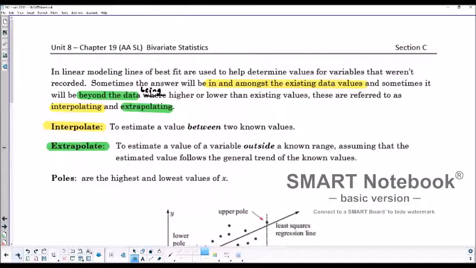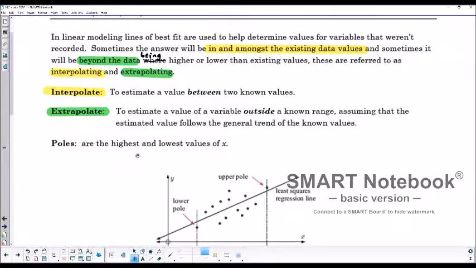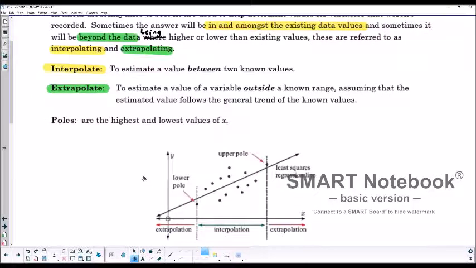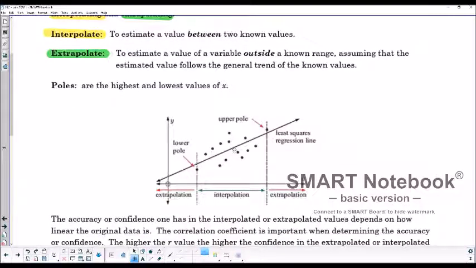All right, so we're going to move along here, and the other thing that we're going to look at is when we have a line of best fit, we want to look at if we're predicting between the two extremes of the x values. So we can draw poles through the lowest x value and the highest x value, and those form the poles. And if we do an estimation in between the two poles, that's called interpolation, and that's when we're looking at data values that are inside the main cluster of points,